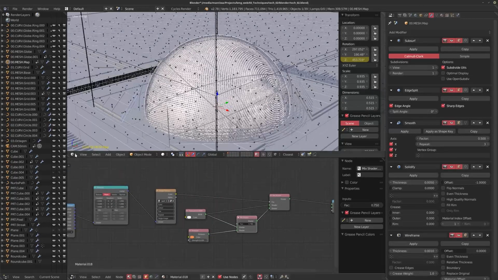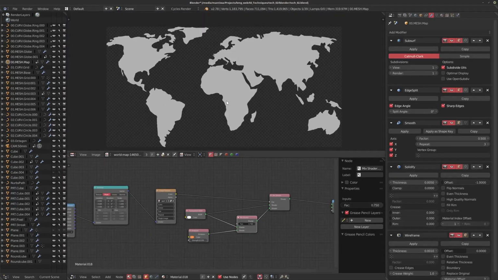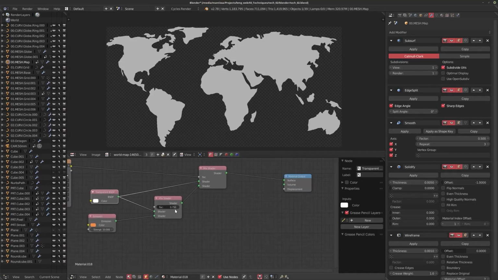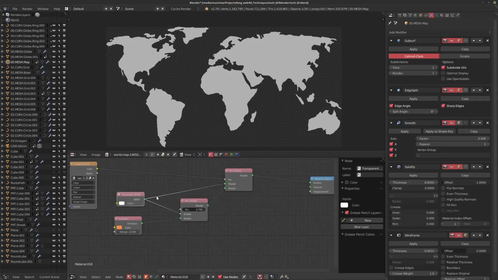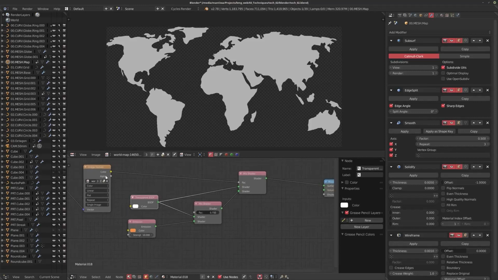World map. So if I go into the UV image editor, I have this very simple world map. Again, this is some public domain image that I grabbed off the internet. And all it's doing is using that as the mix factor for the transparent. So I have that same shader that I set up earlier where I have the emission shader and the transparent mixing together on the surface level to give this sort of holographic look. And again, I'm adding that same transparent and mixing that shader that we made with that image texture. So all that I'm doing is just grabbing that image and only letting it shine through on those parts.